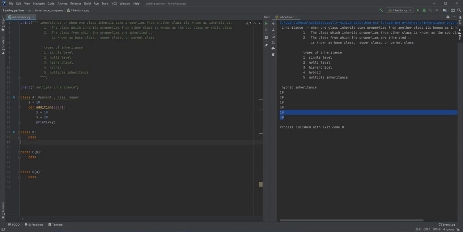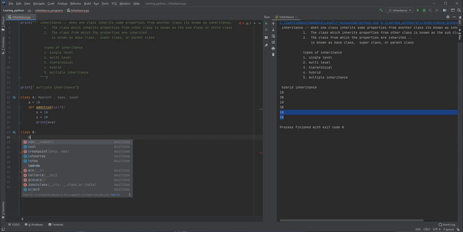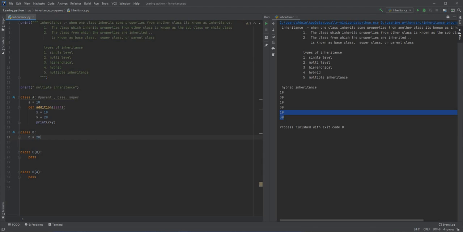Okay, and let's say this class B has a variable called as b whose value is 20. Okay, and let me remove this inheritance from class C also, and here let me say that class C has a variable called as c whose value is, let's say, 30.